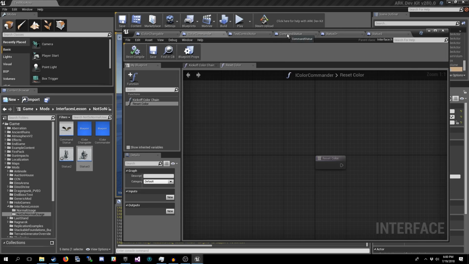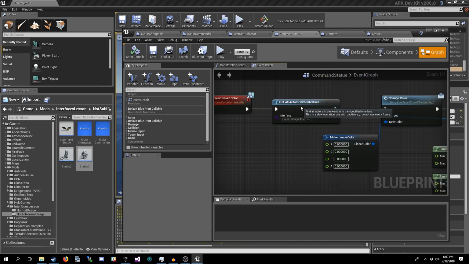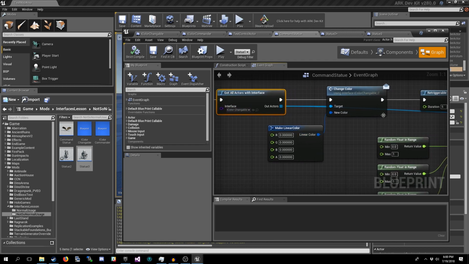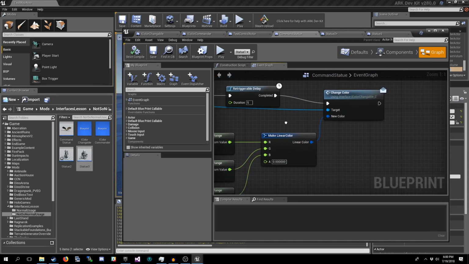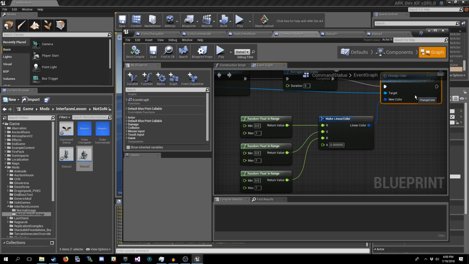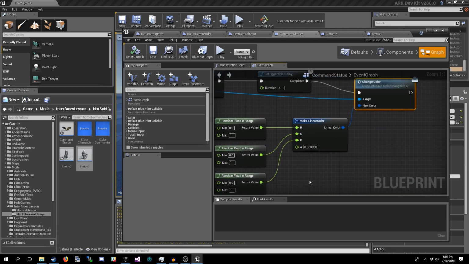So now we've gone right back to the command statue down here where it gets all actors with interface again that implement iColor changeable. It resets the color back to black. It waits 5 seconds and then it does the color change interface function again on everything that implements iColor changeable. So, as you can see, they're continuing to talk back and forth with each other.